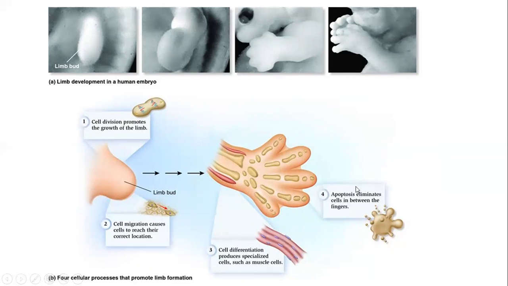And then here is an important phenomenon, apoptosis, cell death. Cell division, cell migration, cell differentiation, along with cell death, is highly important. If this process does not take place, your fingers are going to be joined, not free to move. Your hand is a very important organ. You hold, you clutch, you do so many things with your hand. And this is because there is apoptosis, cell death, between these intervening digital rays, which results in mobile free fingers. If this apoptosis does not take place, your fingers are going to be joined, and this is going to result in congenital anomalies.